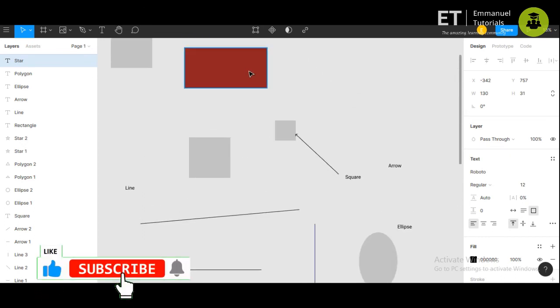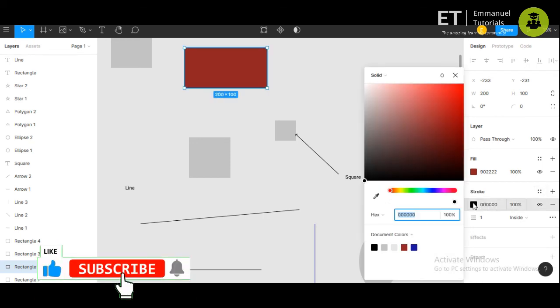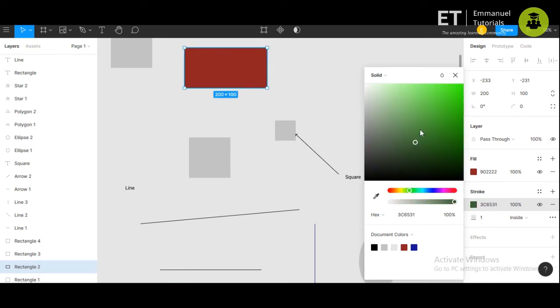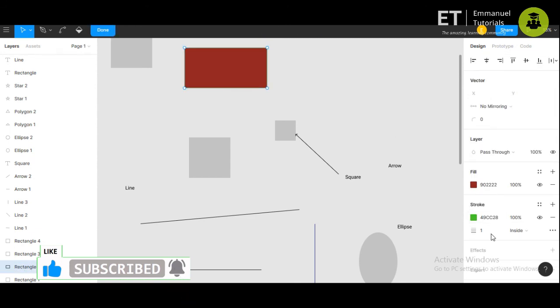Also we have seen how to color the shapes, and also you can give an outline to your shapes by giving a stroke to it. So here it is black, you can make it green. Now you can see that its visibility is low, so we'll increase the stroke.